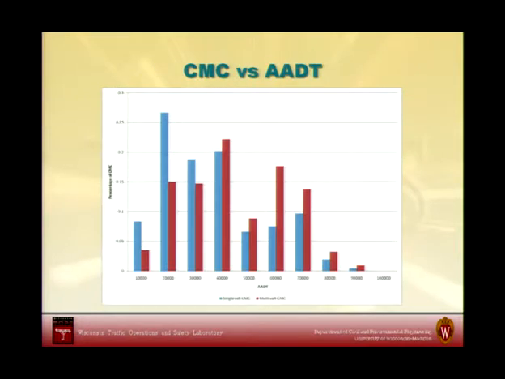What you also notice, and probably to no surprise, is that when we look at both the single vehicle and the multi-vehicle crashes of median crossovers, as ADT goes up, the distribution between these two changes, right? As ADT goes up, the logic would tell us that there are fewer gaps, so the likelihood of finding a gap in that opposing traffic changes, right? And that's exactly what we saw. So that data was all consistent.